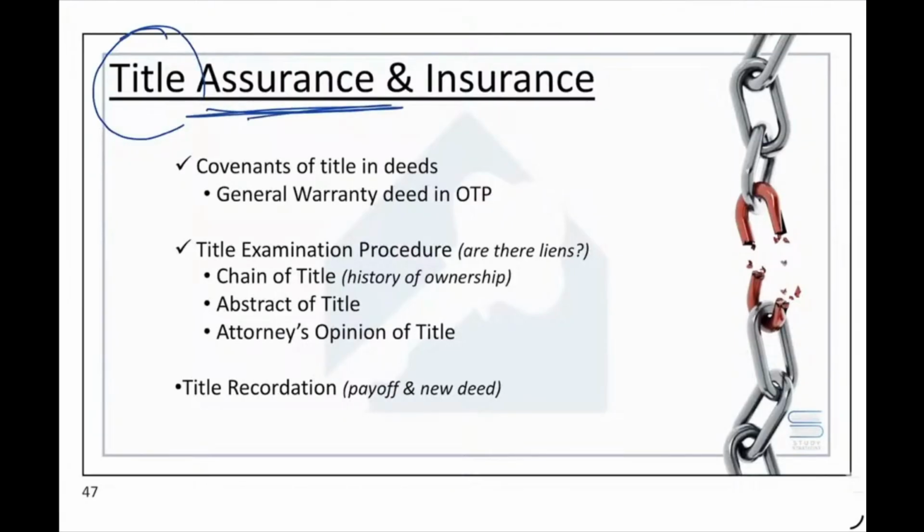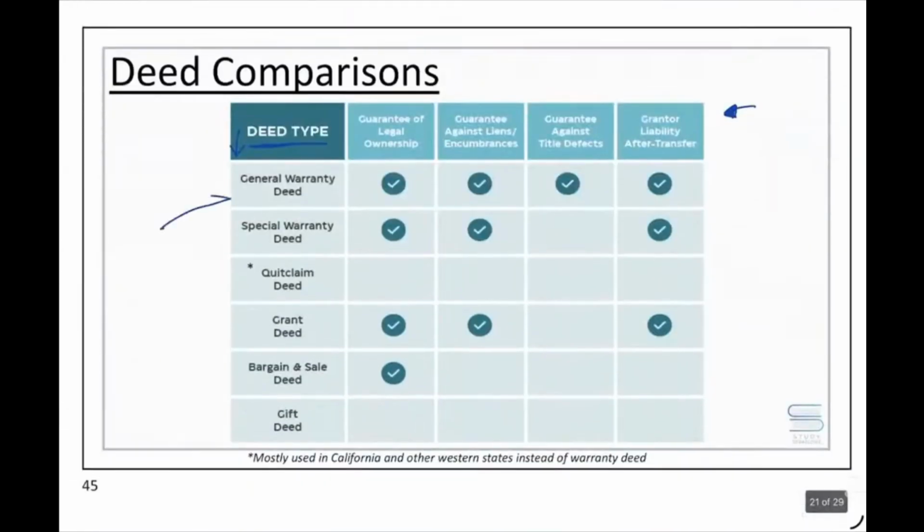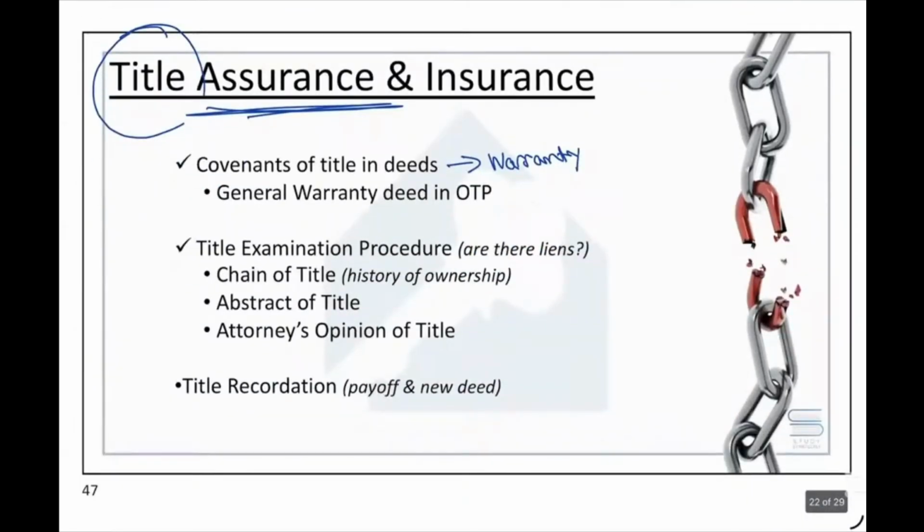So, what do you do to make sure you're getting good title when you want to buy a house? First, you ask for a warranty deed. Remember, the warranty deed was the one that covered the most stuff. Look at it, it covers the most stuff. So if you want to make sure you're getting good ownership, say, look, when you give me ownership of